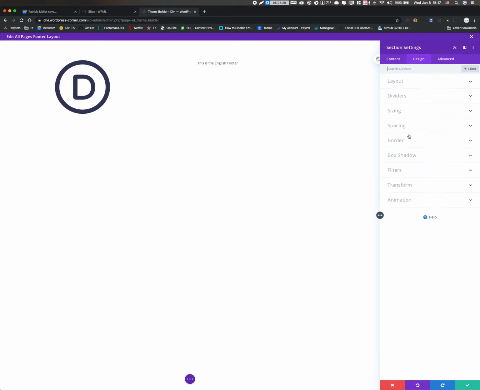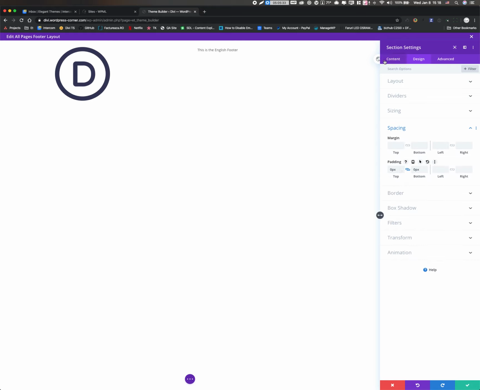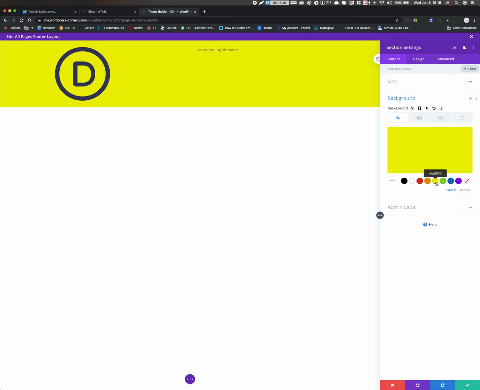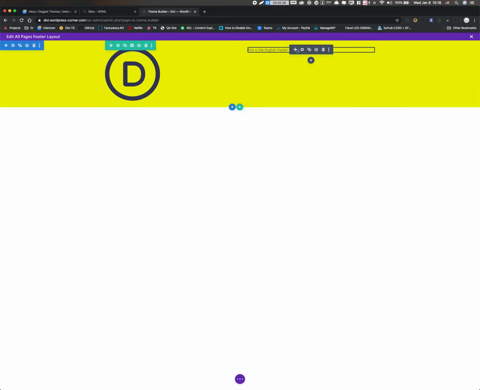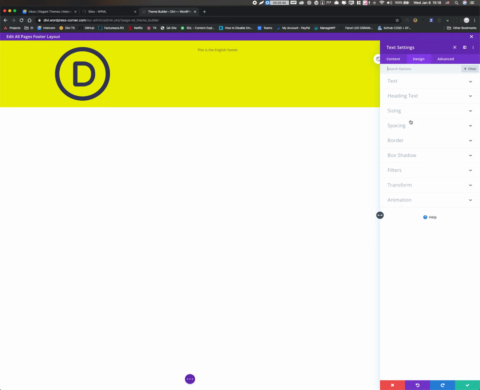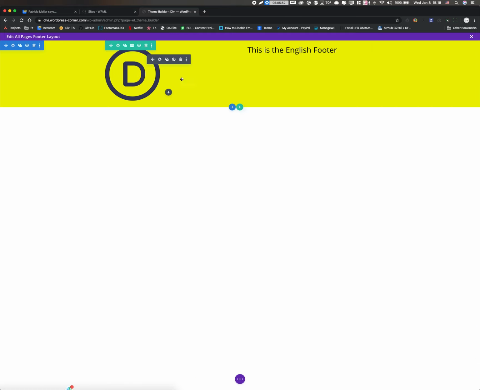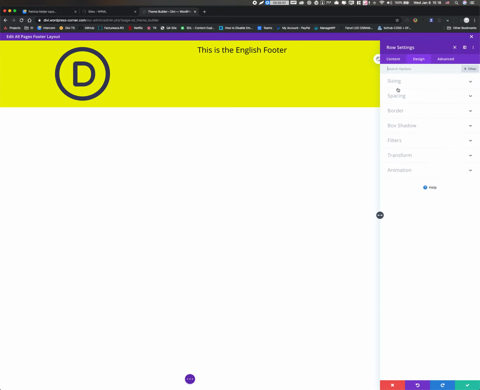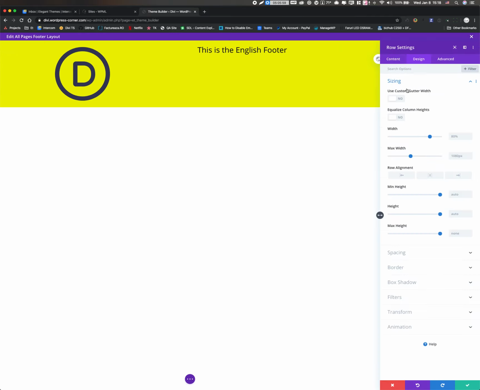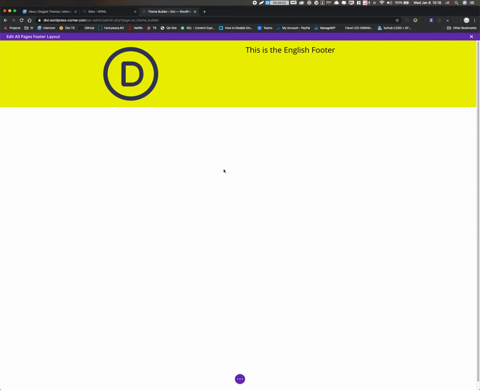First of all, I like to remove the spacing on my section, and also add a yellow background, I don't know, and maybe make this text a little bit bigger under design, text, and let's increase the text size. And why not, let's make them all perfectly centered. So going here, sizing, use column,